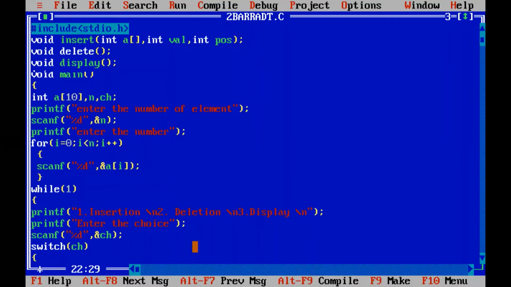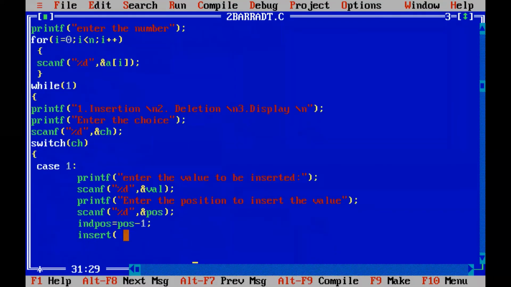Those who want to listen, you listen, because if I keep on asking, no. So here we will be passing the number of elements, and then the value to be inserted, and then third will be the position. If you interchange the position and value, the function will not work. Whatever is the order of the arguments, the same order we have to maintain when declaring, defining, and calling the function.